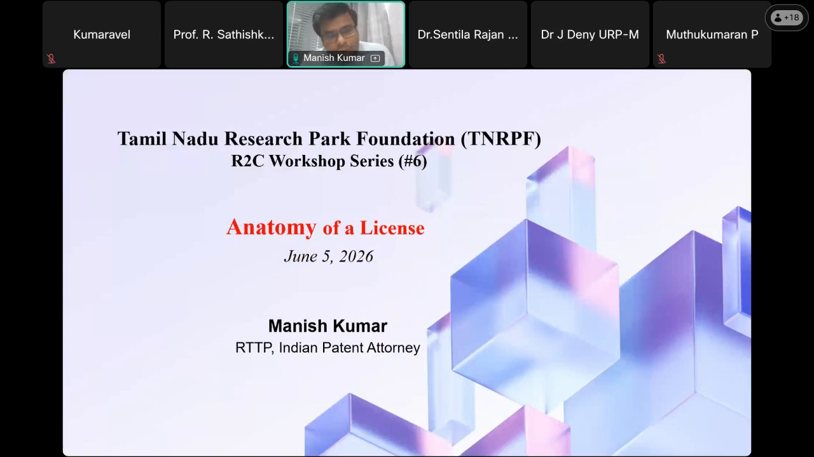So today we want to talk about anatomy of a license. While this is useful and for the business people and the legal experts to understand and play with, but